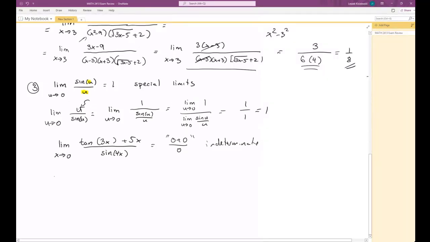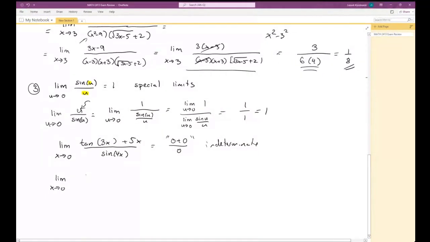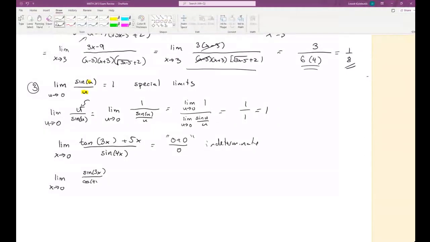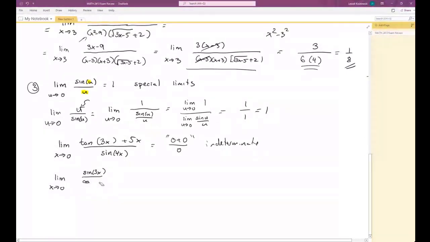Okay. So the first thing to do is restate tangent as sine over cosine. Okay. Why is this cosine not a problem, right? Well, it's not a problem because cosine at 0 is 1. So that's